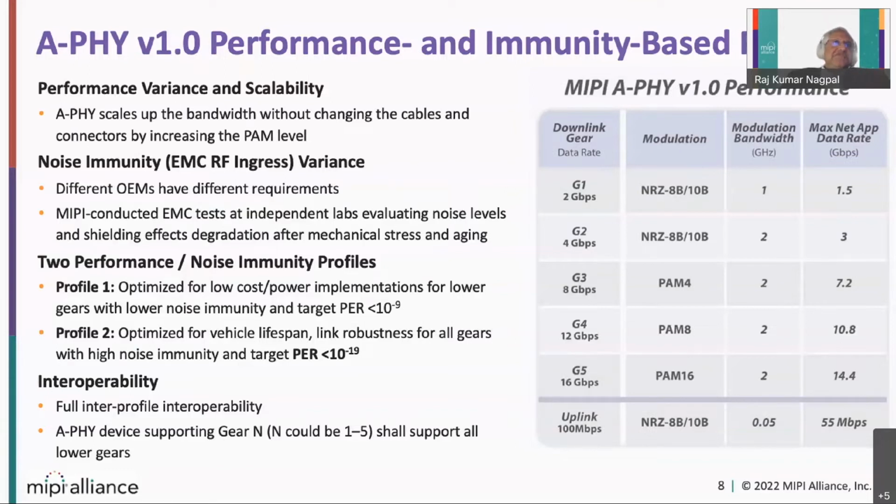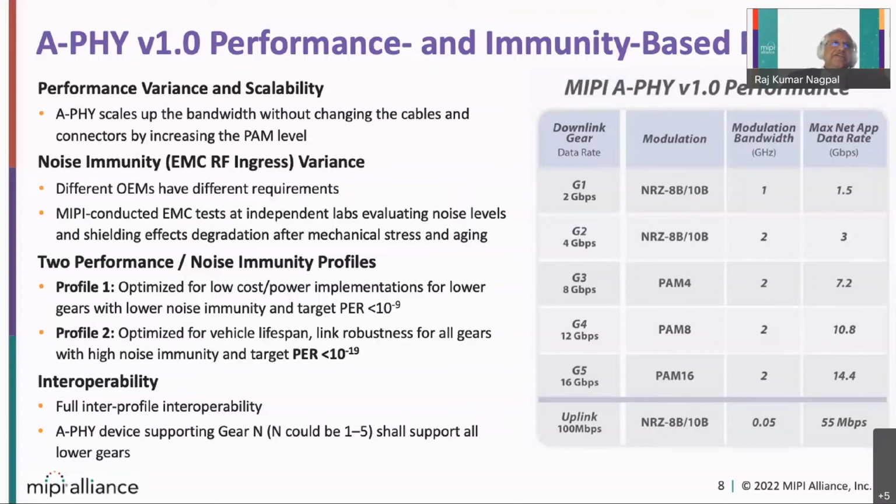And other salient features of this physical layer are, it is supporting EMC noise sources, which are very prevalent in automotive environment. And the beauty of MIPI A5 is that it's designed to be very robust in a very noisy EMC environment. I cannot give you exact numbers because this is public, but if you really want to see the exact EMC noise sources which this PHY is able to tolerate, you can look at our specification.